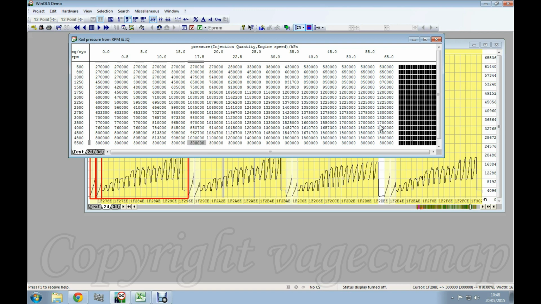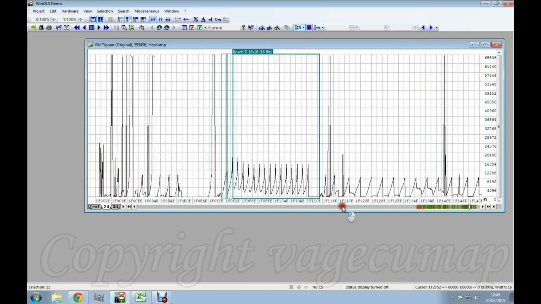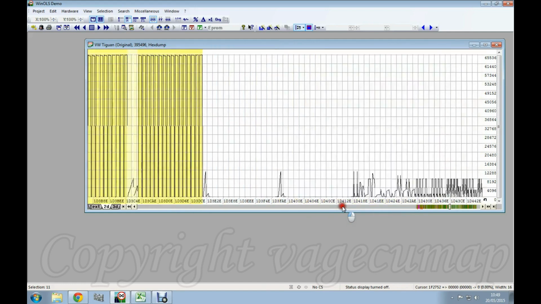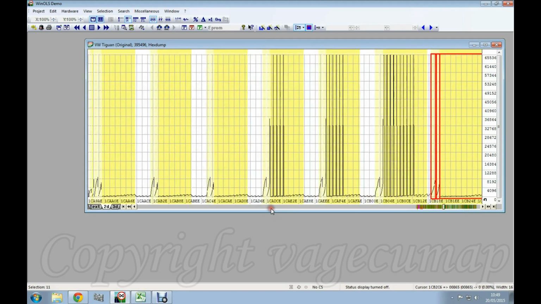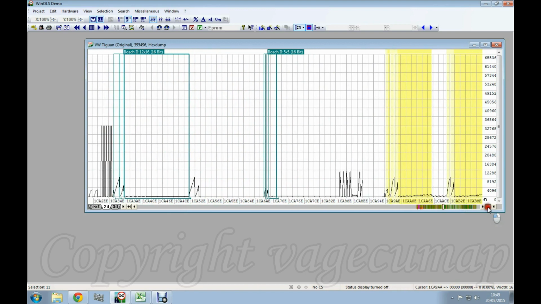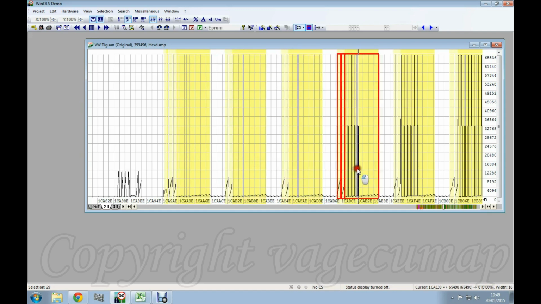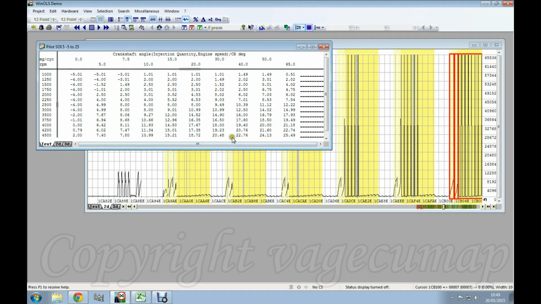So that's why, although there's not a lot to see in this, because there is not really a lot to do. And the same thing applies to start of injection, except for the fact that start of injection is a nightmare because of not knowing what start of injection you're ever looking at. So in other words, if we go back here, as I've said in earlier videos, what I've got here are apparently bunches of 1, 2, 3, 4, 5, 6 maps. So apparently I've got bunches of 6 maps, and if I open one of these,